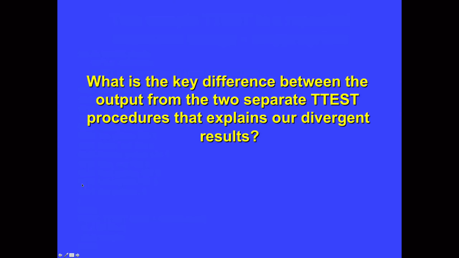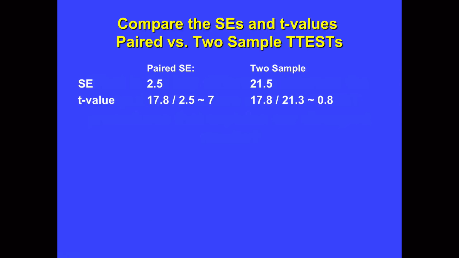So the key difference between the output for the 2 different t-tests that explains those divergent results was the standard error. In the paired t-test setting, we had a standard error of 2.5, which yielded a t-value of 7, and in the two-sample t-test, our standard error was 21.5, which gave us a t-value of 0.8. So again, standard errors are very different, and that's because there's correlation between the variables, which influences the variance of the difference. That's beyond the scope of this class, and we won't go into great detail, but